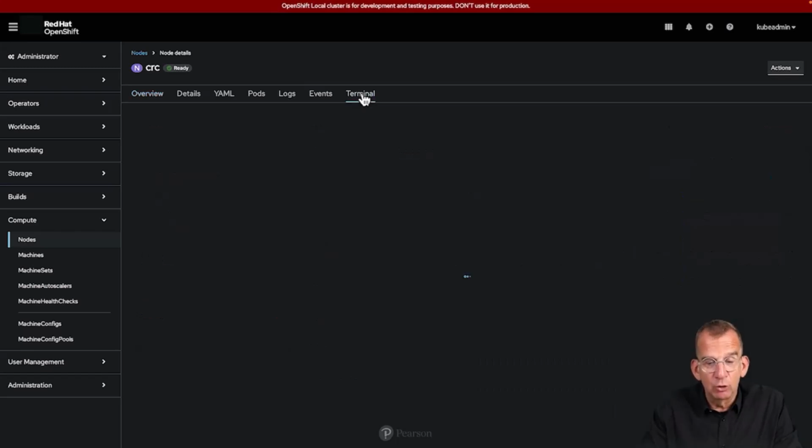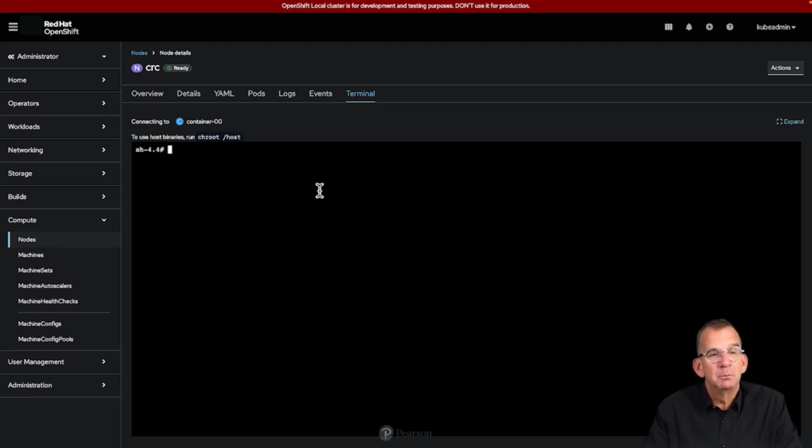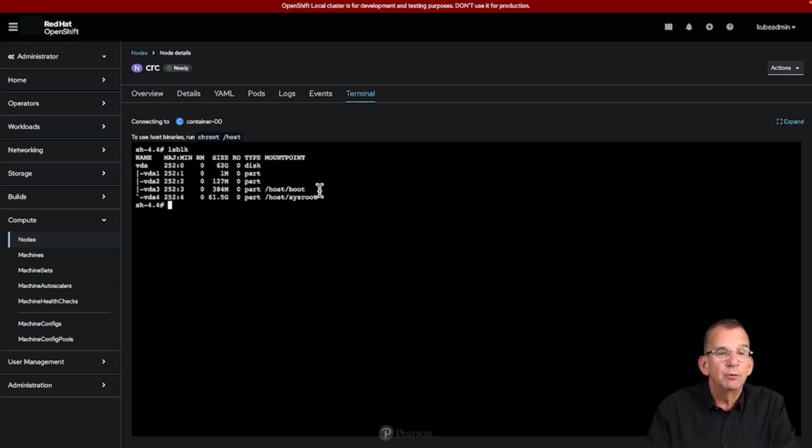I'm going to click terminal, and terminal is giving access to a terminal. And in the terminal, you have a Linux interface to the OpenShift local virtual machine. The terminal itself is an OpenShift application, so the first time you access the terminal, it will take a while, but this is where it is bringing you. And you type commands like lsblk for list block device. You can see the block devices,